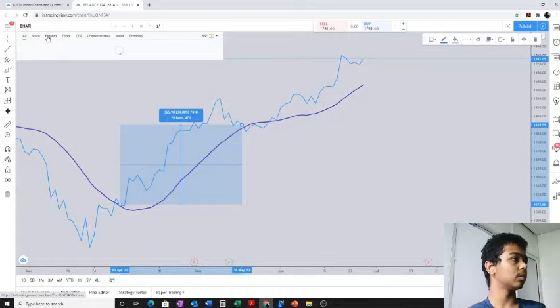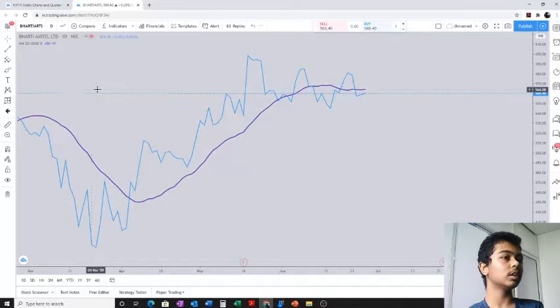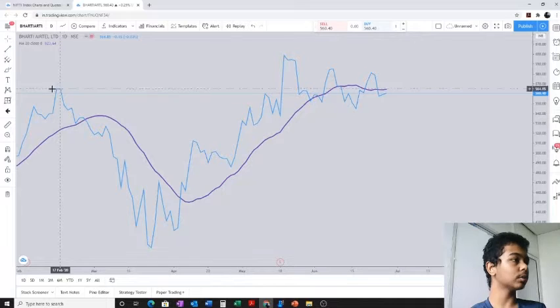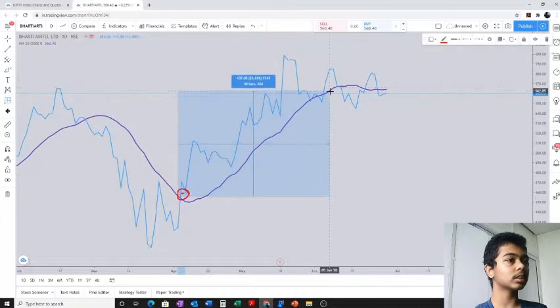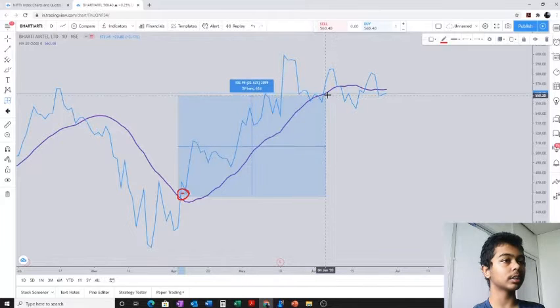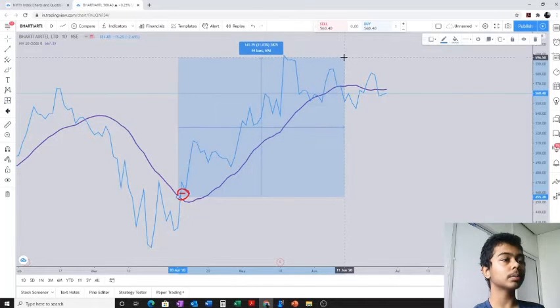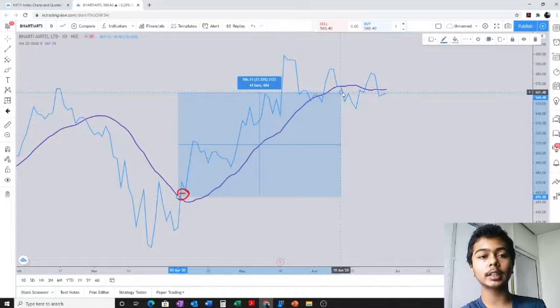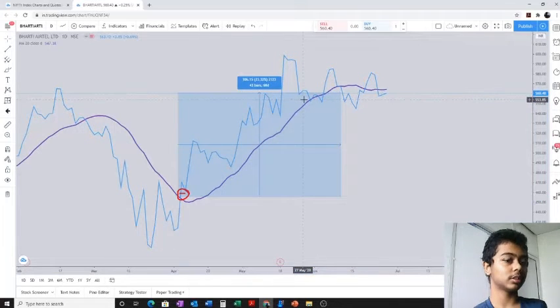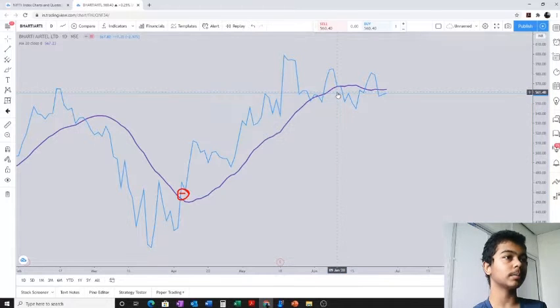Let's go to Bharti Airtel as well. Also we have a few conditions for this strategy which we'll now understand. Let's say you buy it here. This has given about 23% till here, but if you take it till the top, it's about 31%, which is mind blowing. You get two trades like this and then you're set. You don't even have to trade that much. So that's the power of this strategy which I'm telling you.